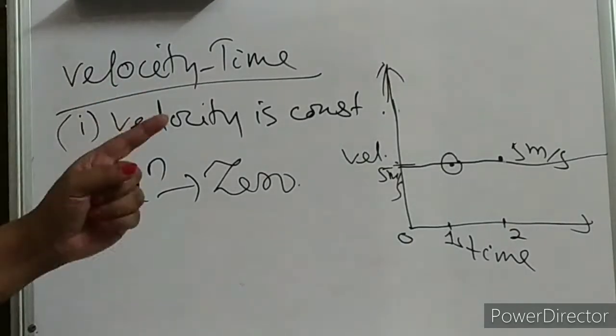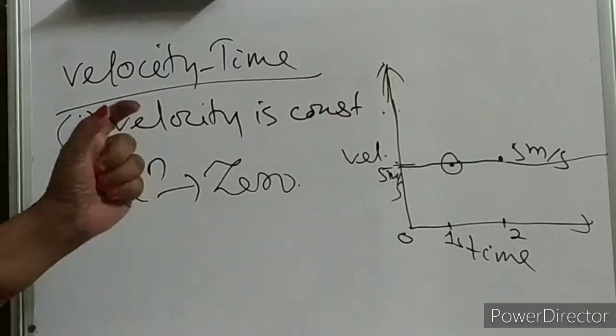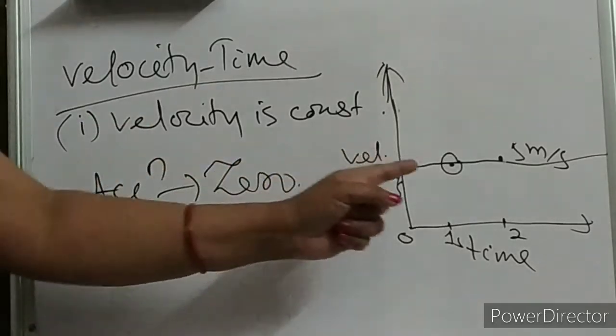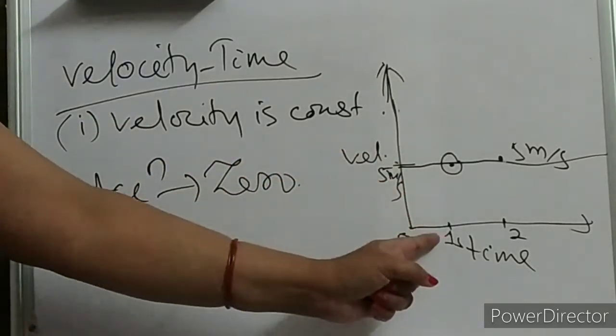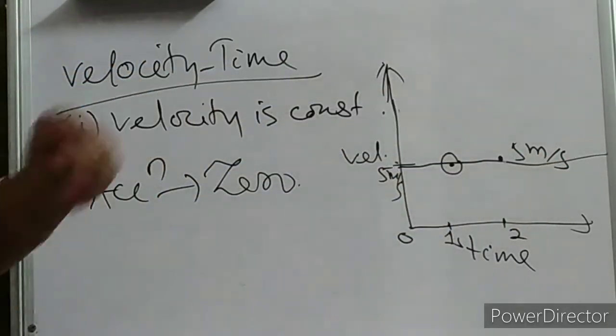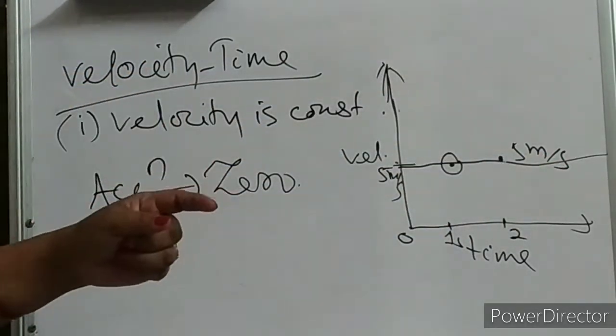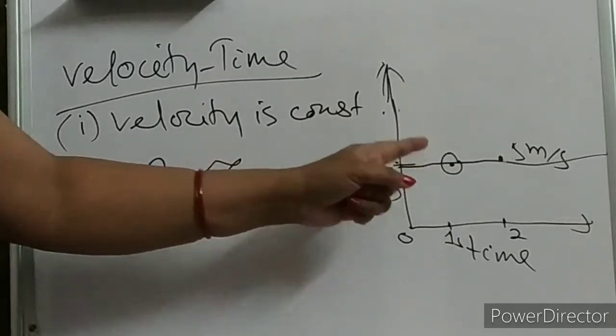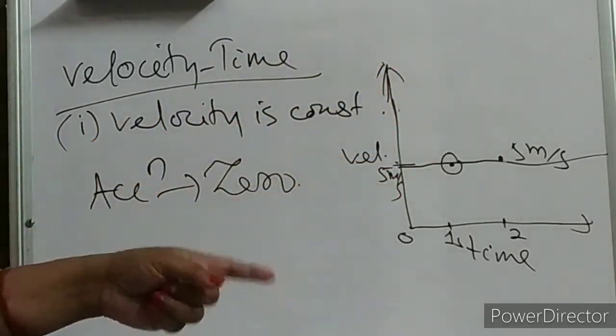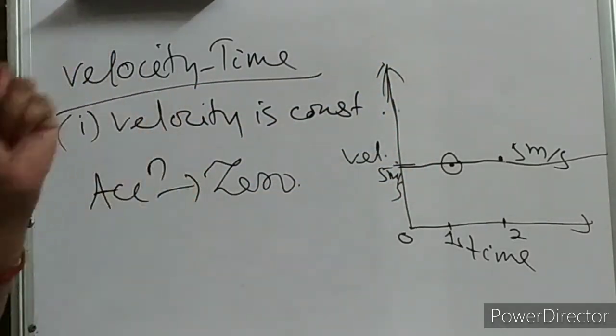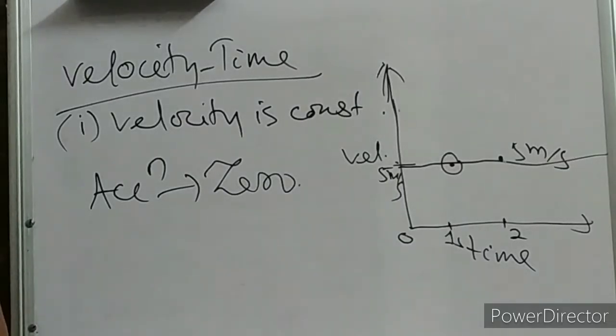Okay, so please focus on what I am telling you, children. If the speed-time graph or velocity-time graph of a body is a straight line parallel to the time axis, then the speed of the body is constant or uniform and there is no acceleration. Tell me what more information we can get from this graph.